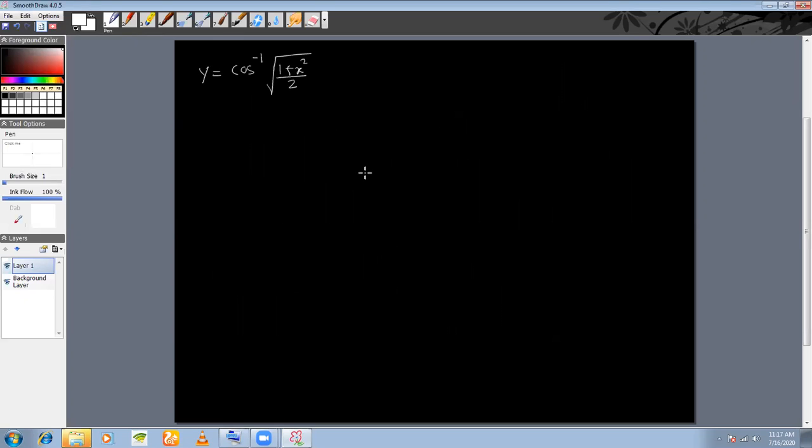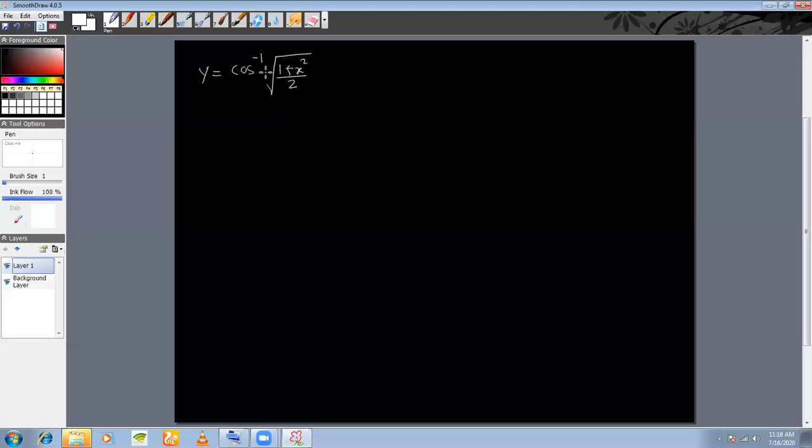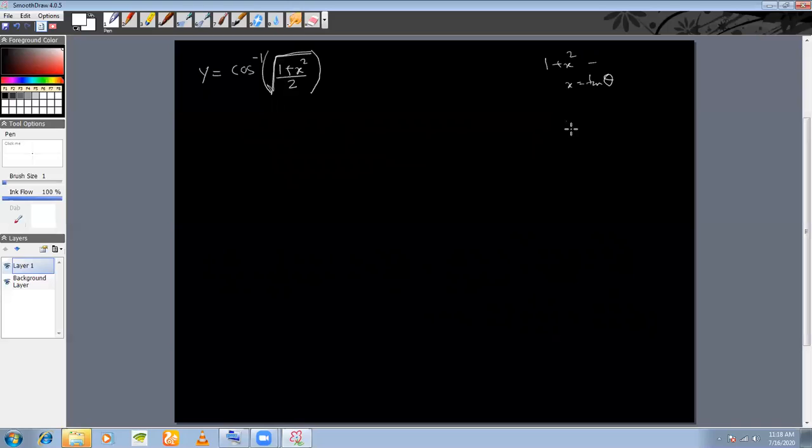Now you see you have a cos inverse and you also have a root. That means if this expression can be expressed as a cos of something, then cos inverse and cos will make the trigonometric function vanish, isn't it? And you also have a root, which means you need a square of something. And you also see a 1 plus x square. When you see 1 plus x square, what comes to your mind? Tan, right? Suppose I put x is equal to tan theta, then see what happens.